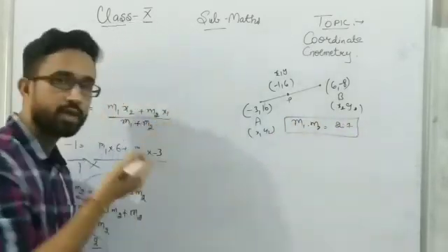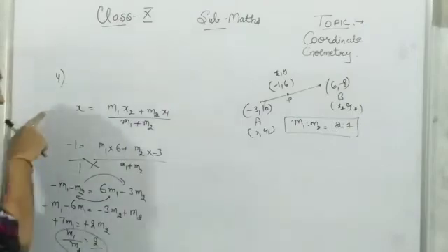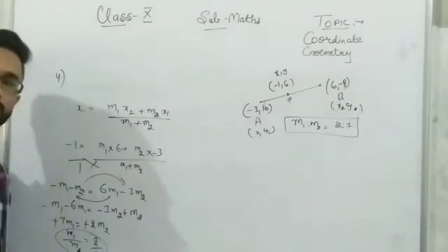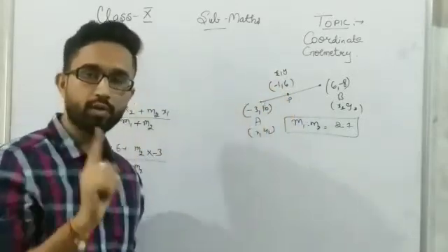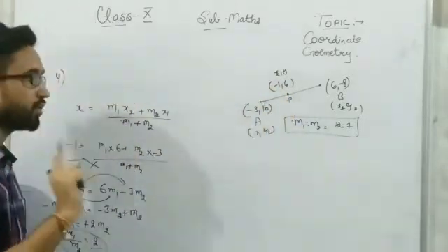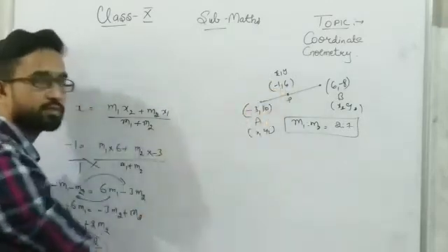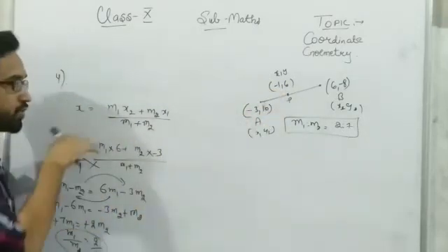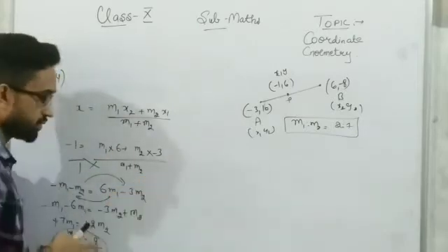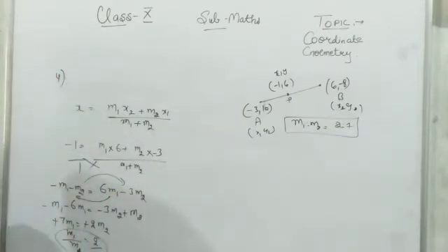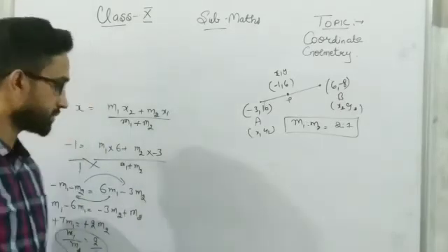That's how we can calculate the ratio very easily using the section formula of just one coordinate. We do not need both. Remember this: when we are finding the ratio, we do not need both the coordinates x and y. Just one coordinate, x or y. Apply the section formula, you will easily get the ratio, as we have got here 2 : 7. Let's go to the next question.